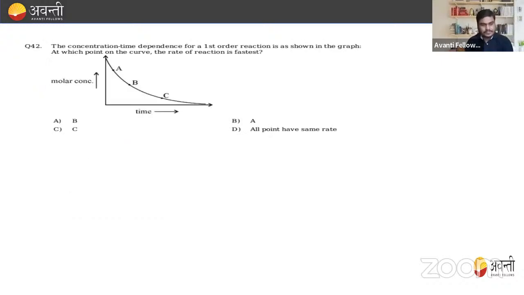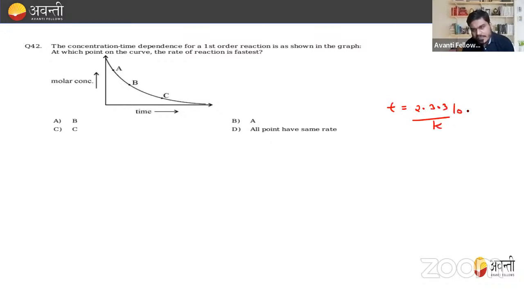Okay. Now, in this question, you have to identify from the concentration-time graph for a first order reaction at which point on the curve the rate of reaction is fastest. You have to identify the point on the curve at which the rate of reaction is fastest, right? Now, if you observe the graph carefully, you get to know that the molar concentration decreases as the time goes on. So we know that if I'm talking about the first order reaction, what is the expression for the first order reaction, beta? That is t is equal to